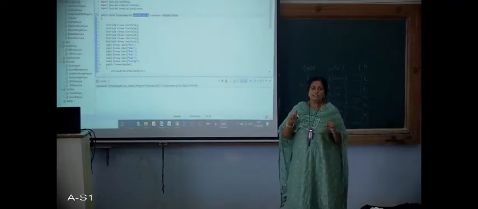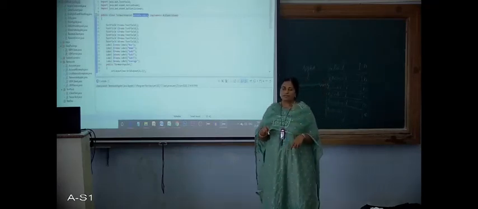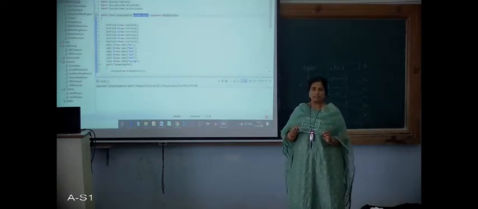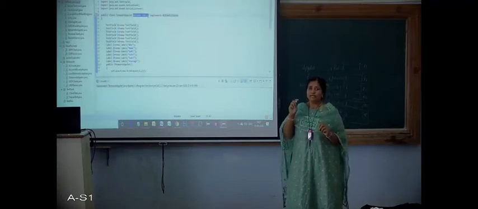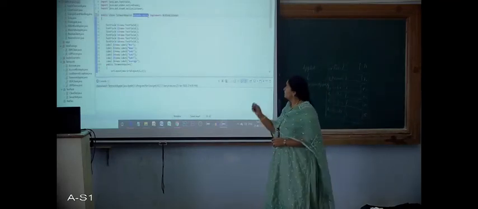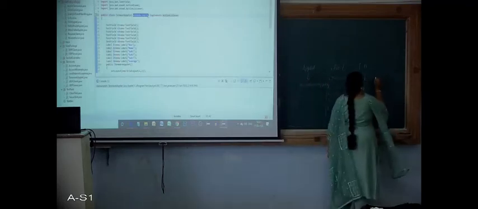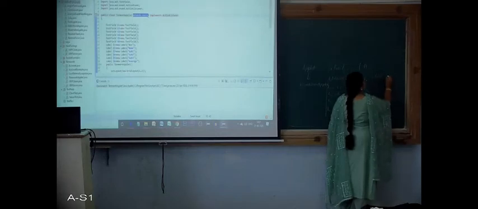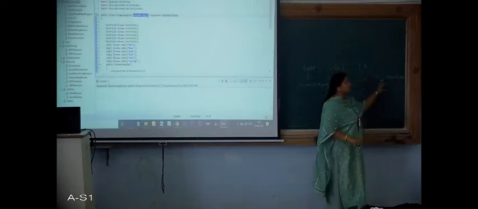ActionListener is an interface. We know the difference between a class and an interface. An interface is obviously a class, but interfaces will have methods whose body is not defined in the interface. For example, this ActionListener is an interface.